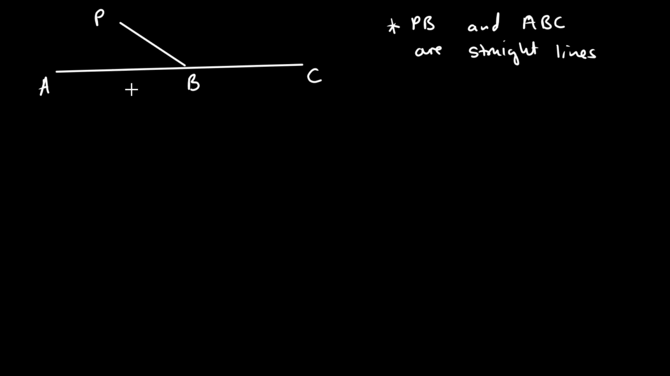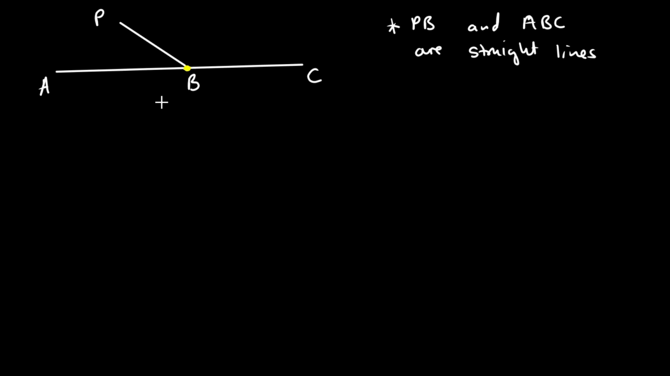For example, PB and ABC are straight lines. That's the first point we are given, which is important. Remember, we said that in maths, we don't assume that lines are straight lines. They are what we have to be told. So here we are told that PB and ABC are straight lines. So if these two lines, PB and ABC, are straight lines, and they have a meeting point,